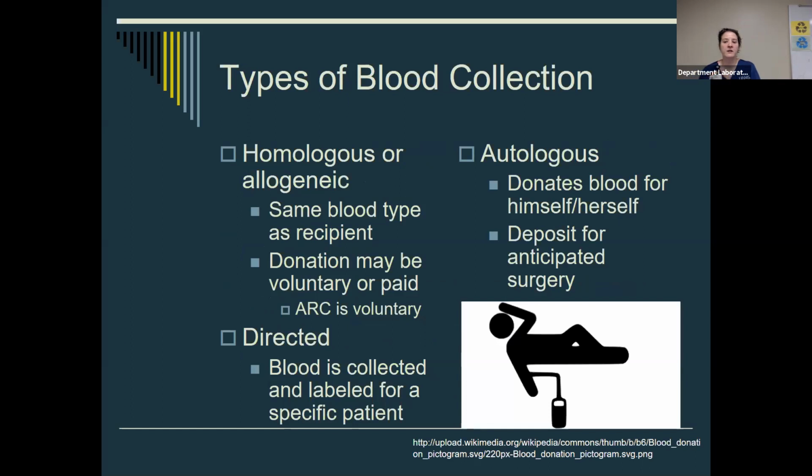All right, so types of blood collection. We will talk a lot about allogenic blood collection, transfusions. That is when the unit is coming from a different donor. Another word for that would be homologous, meaning that it's coming from the same species, the same type of person. And this is why ABO compatibility is so important. Okay, it's coming from an allogenic donor, somebody other than yourself, but we need to make sure that it is